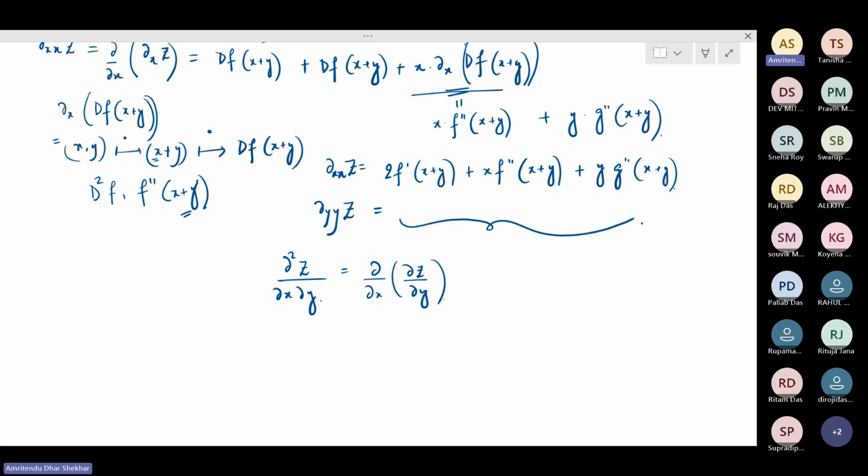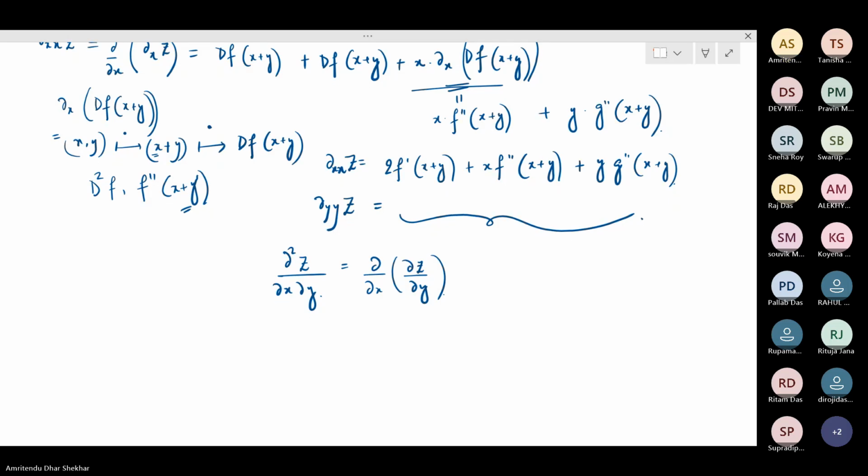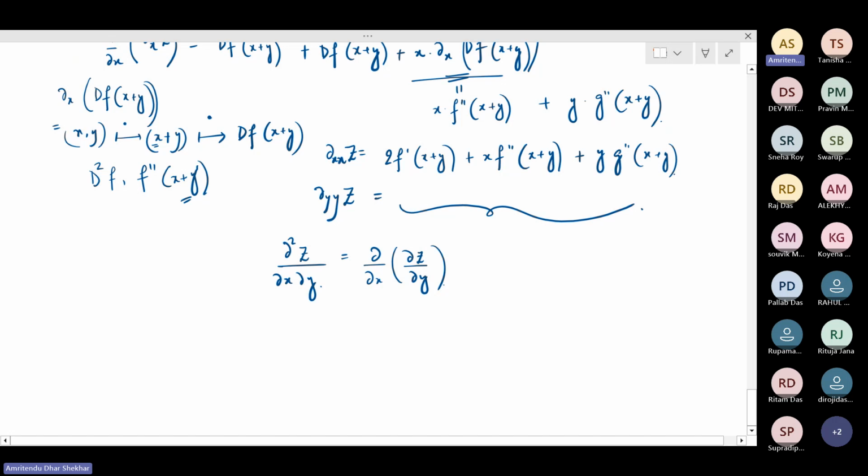But if f and g are functions where second order partial derivatives are continuous, then it does not matter what is the order in which you take the partial derivative. So let me write it down. If z has continuous second order partial derivatives,